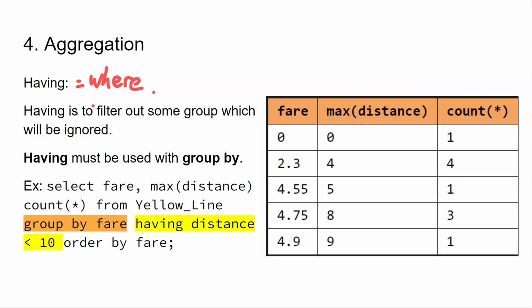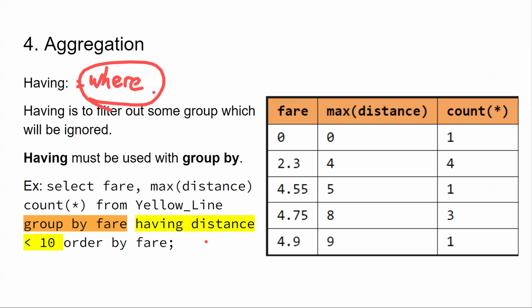WHERE is the default, I guess. It is for some simple stuff. But for HAVING, you have to use GROUP BY, because GROUP BY decomposes the table and makes pieces of data clustered, in this instance according to the same fare. And HAVING is like